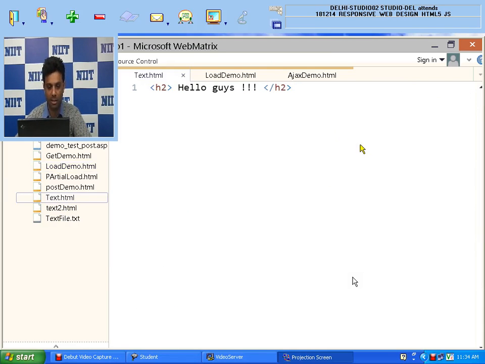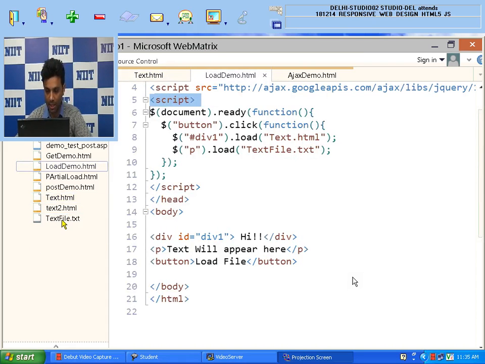This is one text.html file, a separate file, and this HTML file I want to load in my web page using jQuery. And another file which I am using over here is textfile.txt.